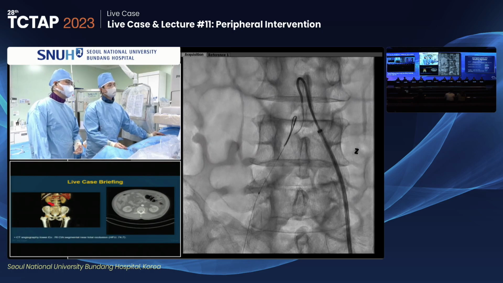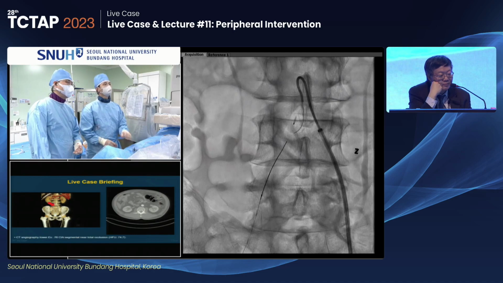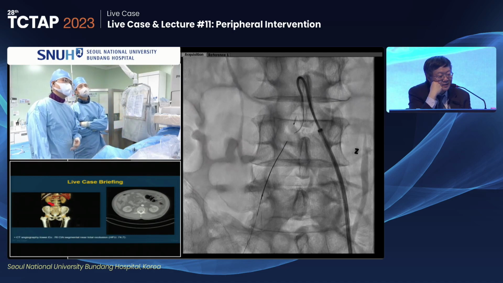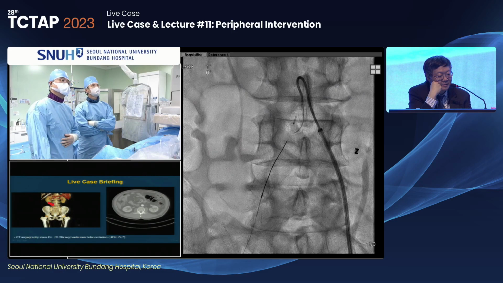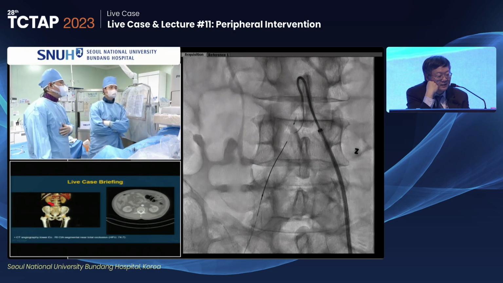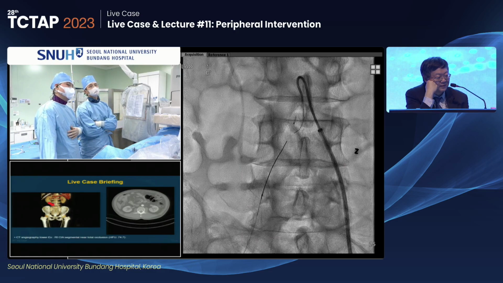By the way, when you introduced the case, you mentioned your toolbox, but I don't see any re-entry device. Do you have any kind of re-entry device, maybe? Usually I don't use a re-entry device during common iliac artery procedures because I think it can increase the operation